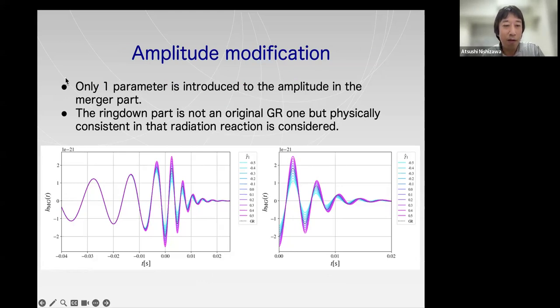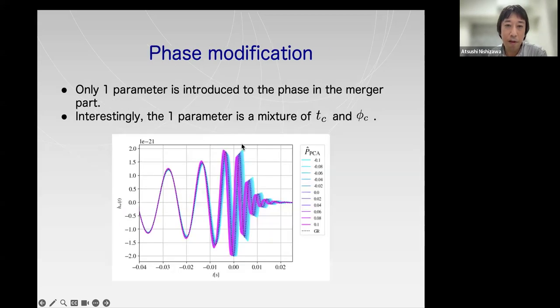And after some investigation, we introduce only one parameter to the amplitude. The parameter controls the amplitude around the merger. And the ring-down part is not the original GR one, because we consider the energy and angular momentum loss in the merger part. So they are also modified depending on this gamma 1 parameter. And this is a phase modification, and we also introduce only one parameter to